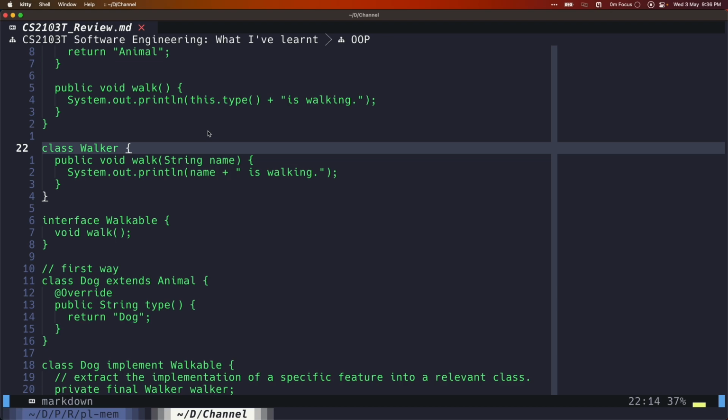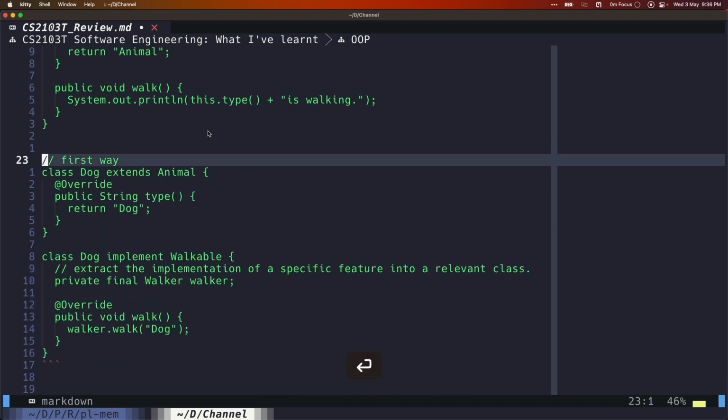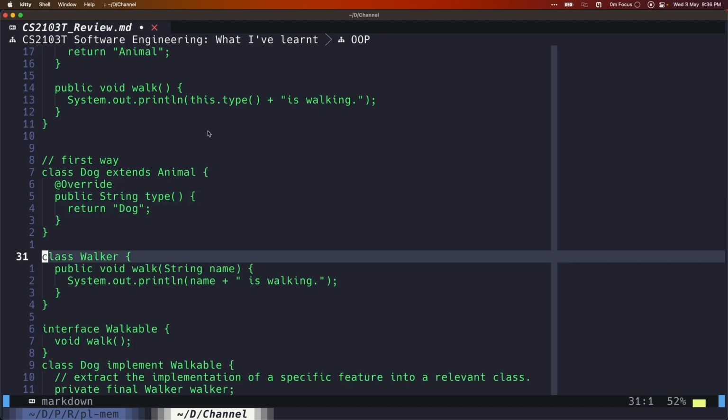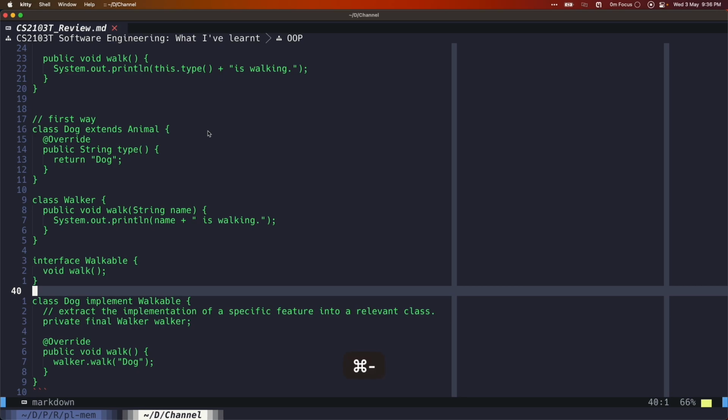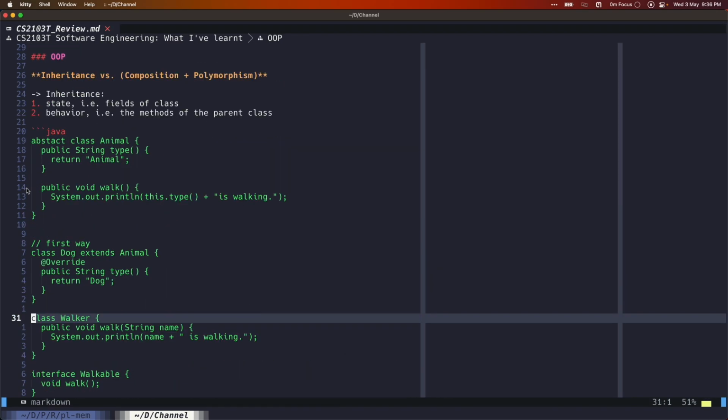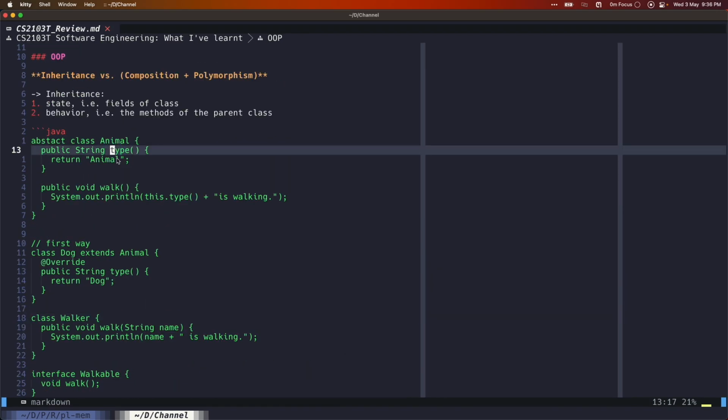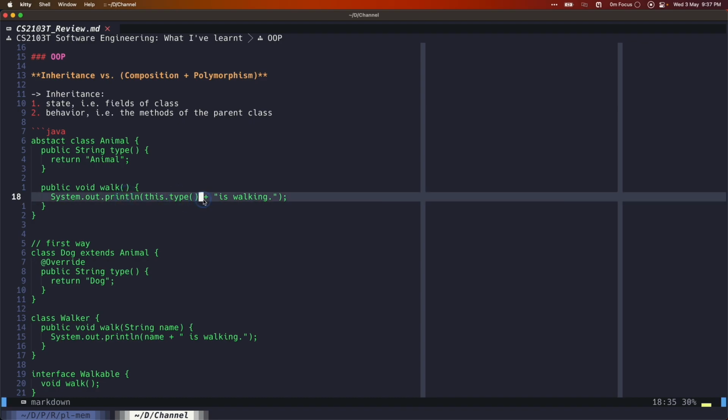For the sake of convenience, let me just move this down here. I think this is still too big to see the full picture. So basically, the parent class Animal requires a child class to provide a type, and if the child class doesn't provide a type, it defaults to "animal", and will print using this type, "type is working".